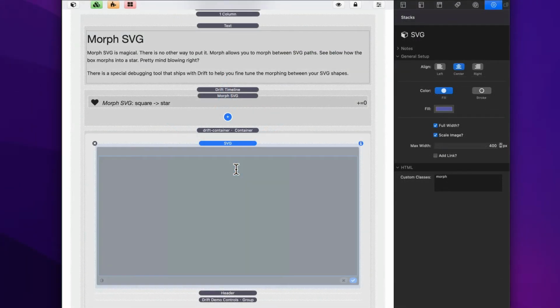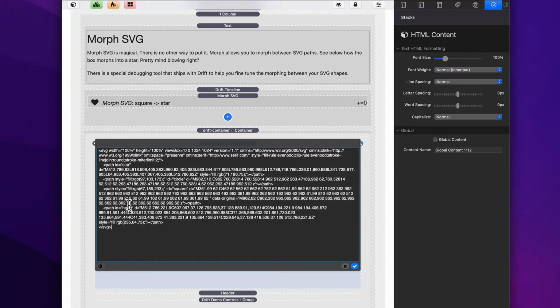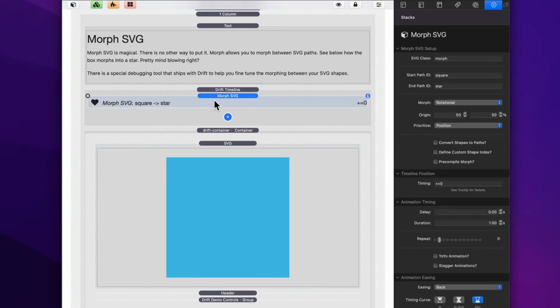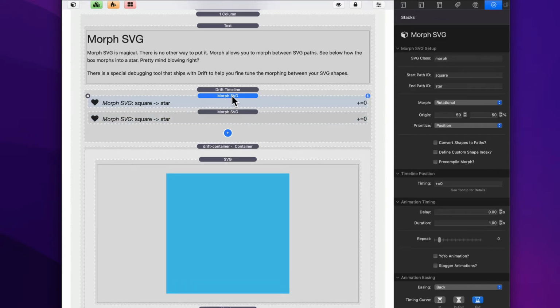So if you remember when we created this SVG, there were multiple shapes here. So what if I wanted to take that one SVG shape and then start animating it to all of them and create a little animation SVG loop? So essentially, all we're going to do is build out a timeline of morphs. So I'm going to go ahead and copy and paste this. And so here we're going